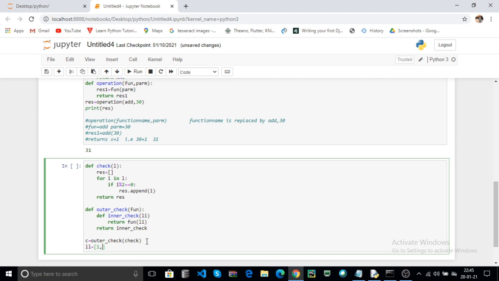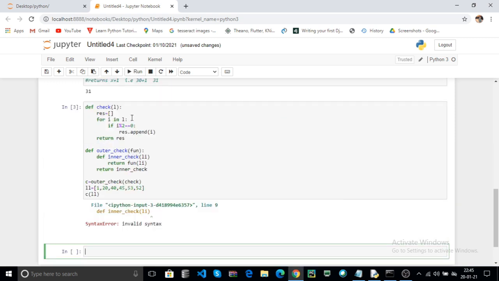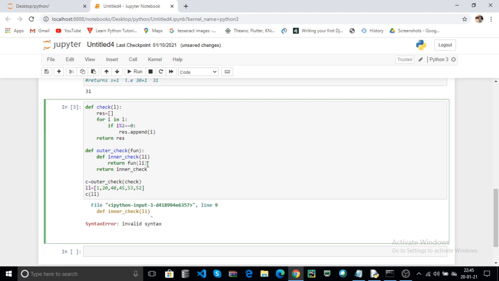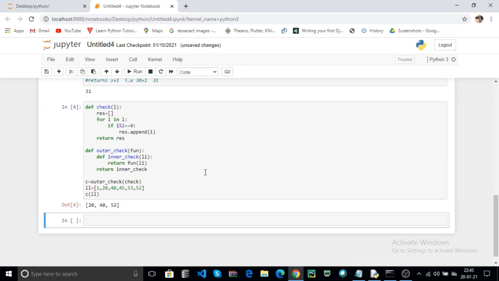Here I pass it some numbers. Now you can call the function object, you pass the LL and click on return. Click on run.